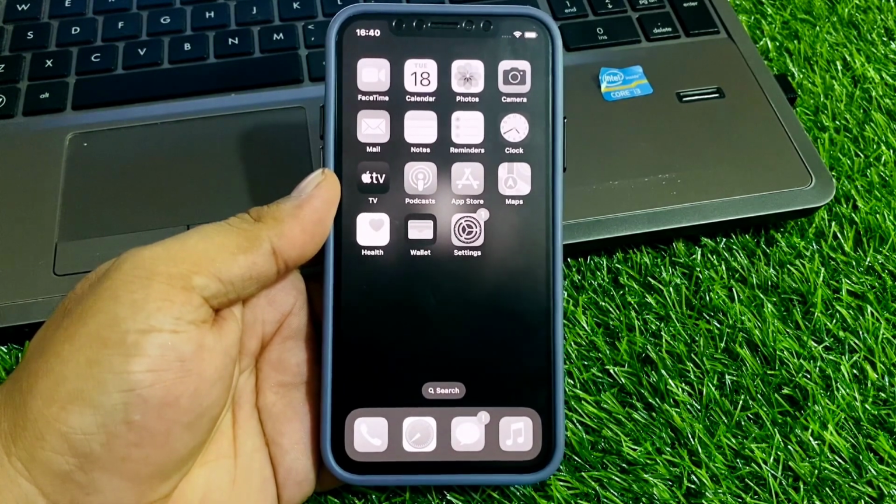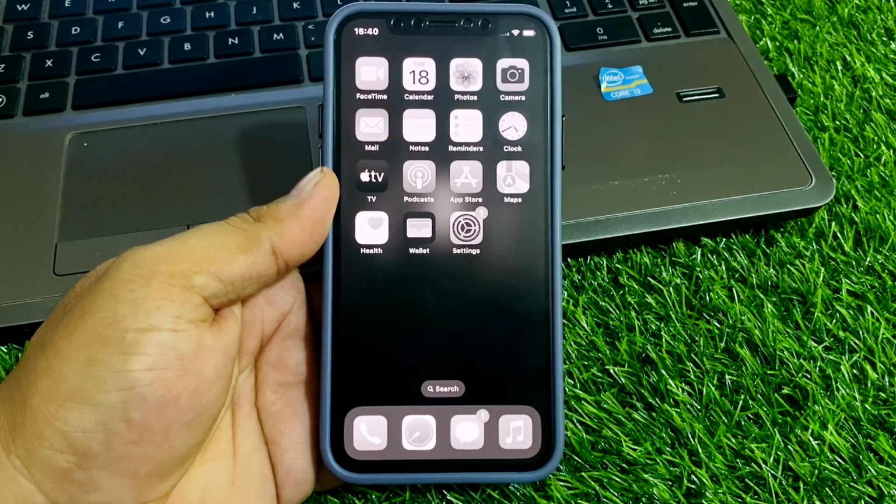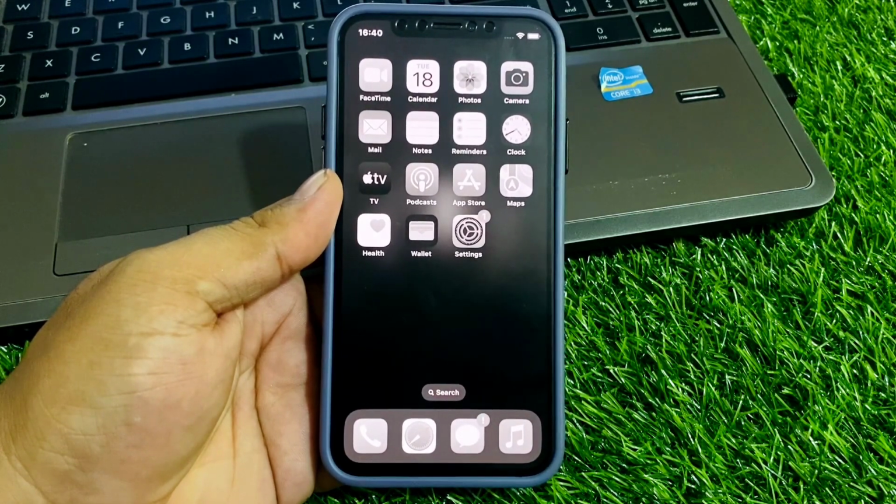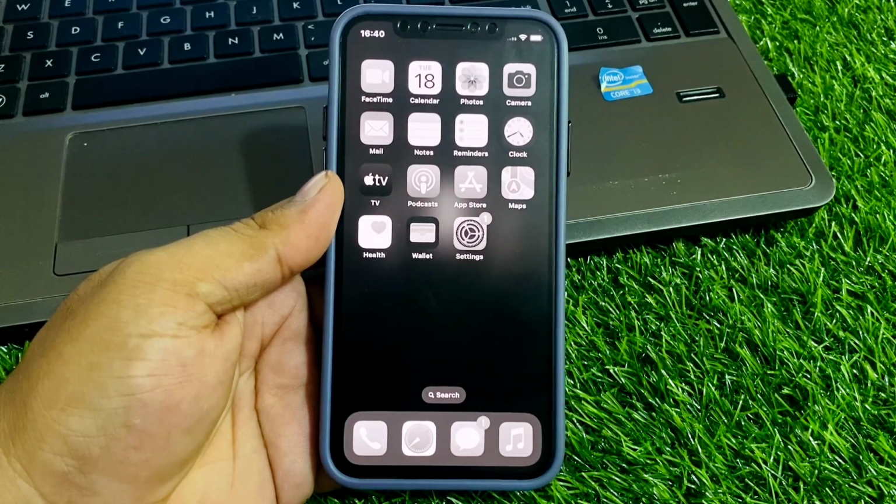In this video, I will step you through possible fixes for when your iPhone screen turns black and